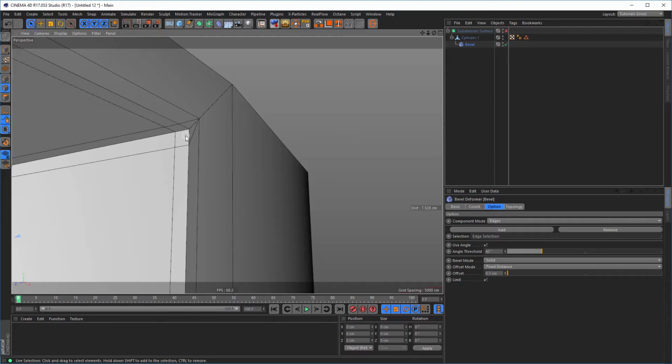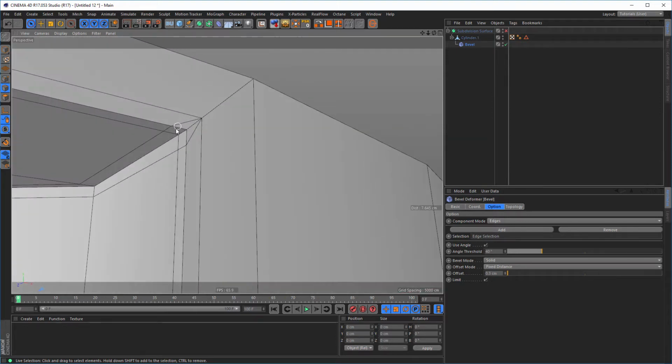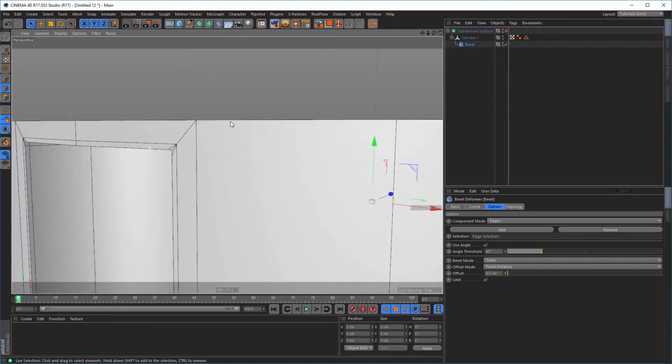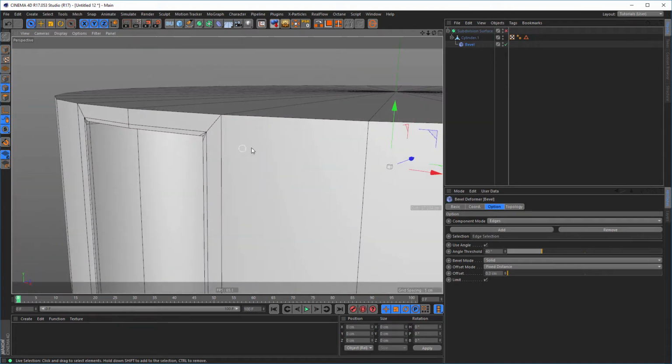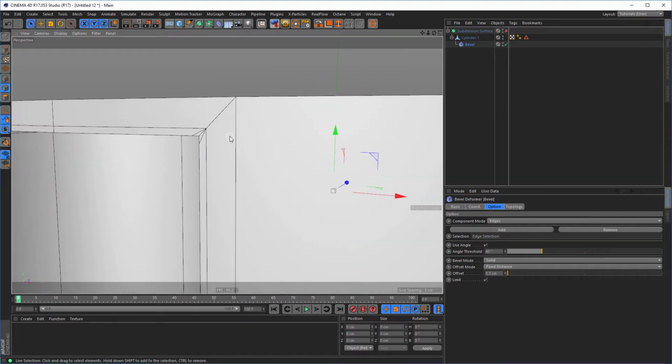These quads are okay, they are nice, but I don't want these triangles, and I want to cut from here up and from here to the side and end. And so we will get a nice edge here with the subdivision surface. But first,